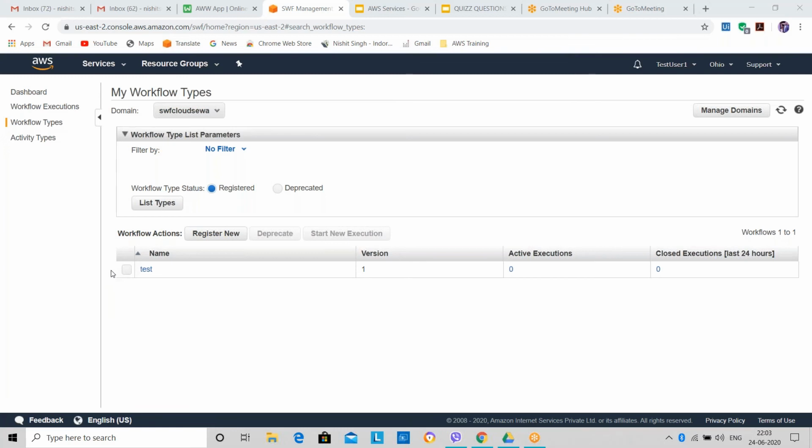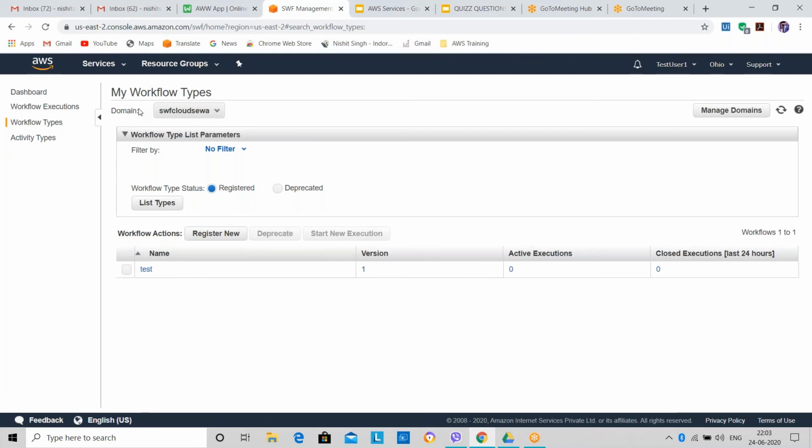Correct. So you have to come to the SWF portal, and then you have to start executing that service or the task. So instead of manually executing, whenever the time reaches, let it run the workflow.